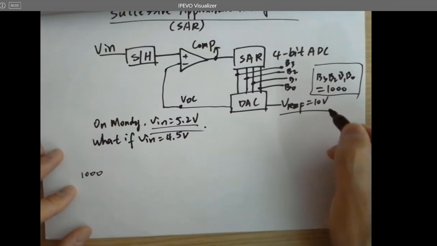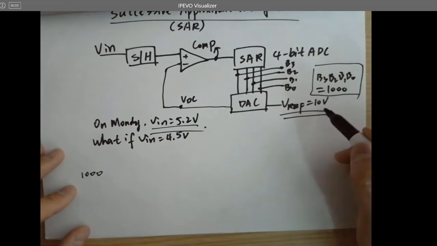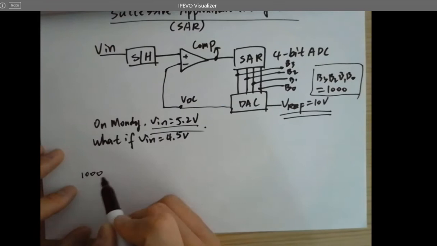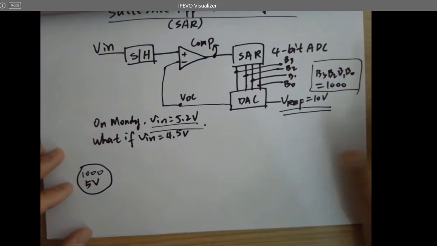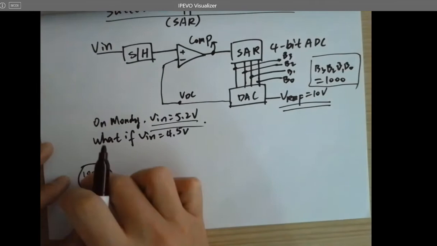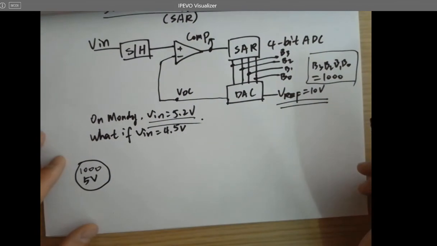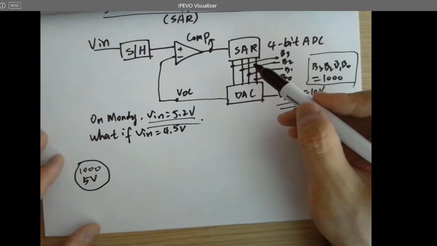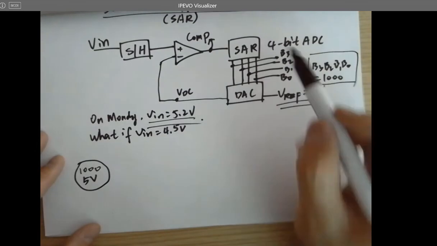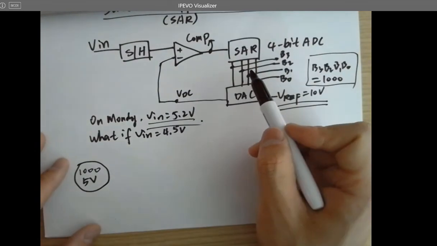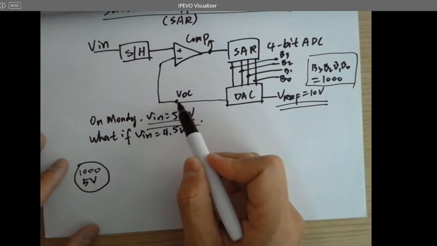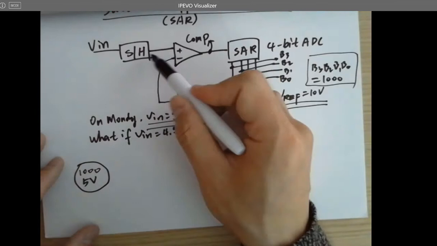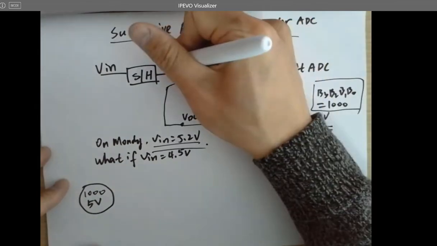In the dynamic range, or full scale, which is 10 volts, 1000 will be 5 volts. So the SAR is going to start with 5 volts. After the DAC, there will be an output at VDC, 5 volts here,